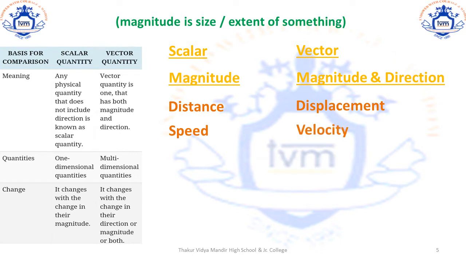Now what about force? If I tell you to apply a certain force, you can tell me I will apply force in the north direction, east, west, south, or I can apply force upwards or downwards. A simple force like pushing an object or pulling an object will happen in a certain direction and it will have a certain numerical value. So force, which column will it come into? Scalar or vector? I have a numerical value, that is a magnitude, and I have a direction. So force will come in as a vector quantity.